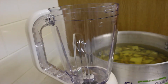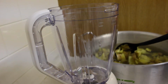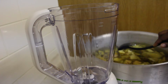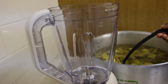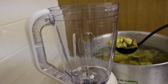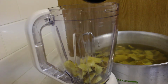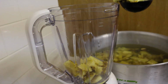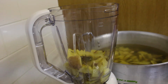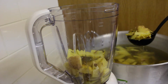Right love, so I've got my blender here, I've got my pineapple and my ginger here in the pot. So all I'm going to do is just put in some pineapple and ginger into the blender with some of the juice. Don't put too much obviously, because as you're blending it's going to need space to